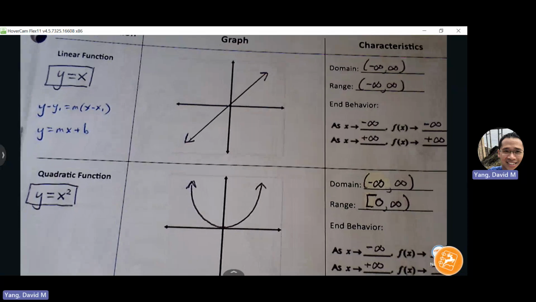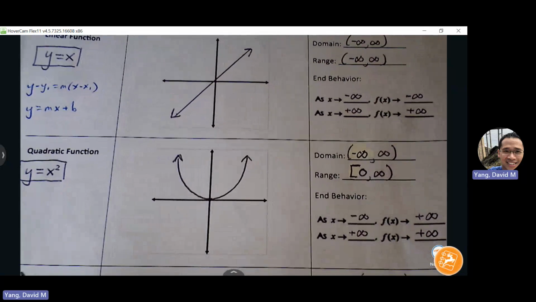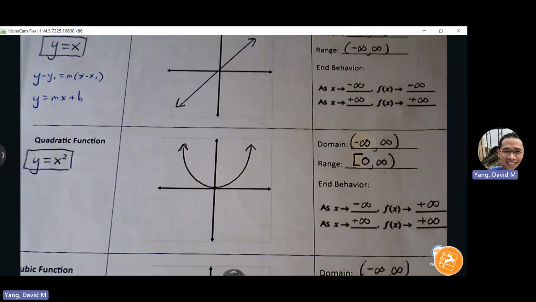Next up, quadratic function. We're going to see this a lot as well. y equals x squared. In this case, for this parent graph, the domain is all real numbers. Those arrows are going to continually move further left and further right. But the range is not going to be all real numbers. The range is going to start at a y value of 0, and it's going to rise up to positive